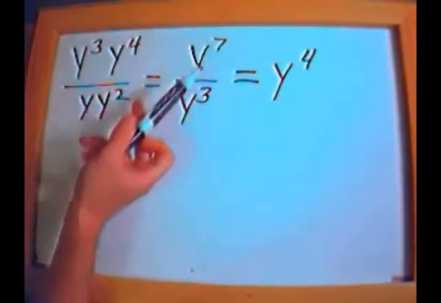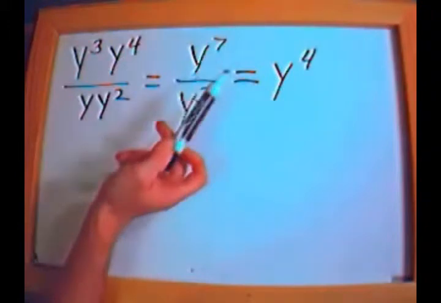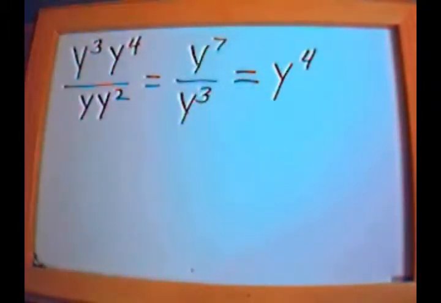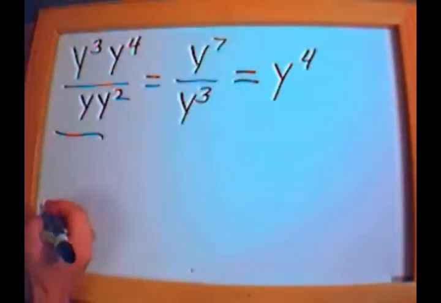If you end up subtracting the top and the bottom and you get a negative number, well, then you just put that on the bottom. So let's continue with more examples. Let's say we had